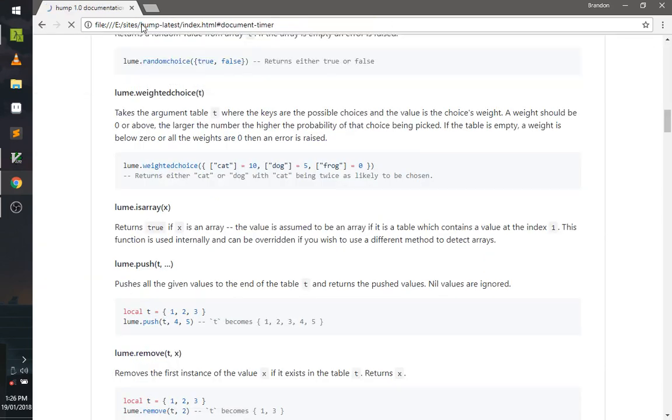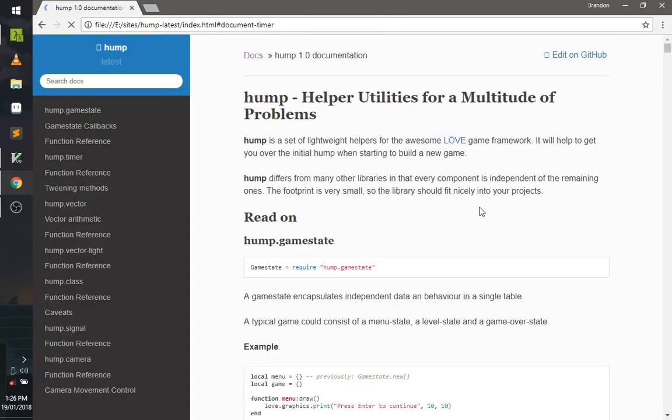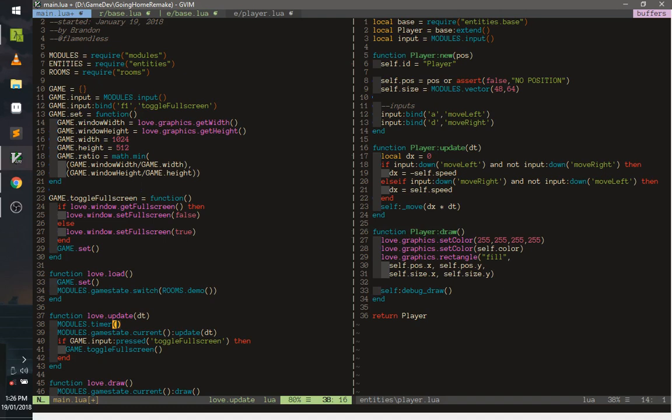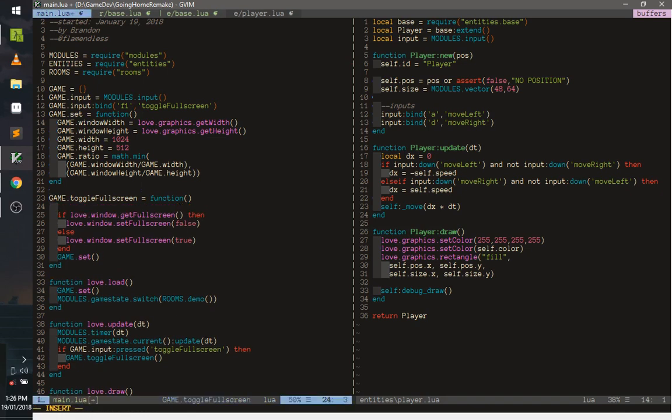Hump timer. So for hump timer, we just need to put update there. Okay, and delta time. So every time we press this toggle full screen, what we want is modules timer after like 2 seconds